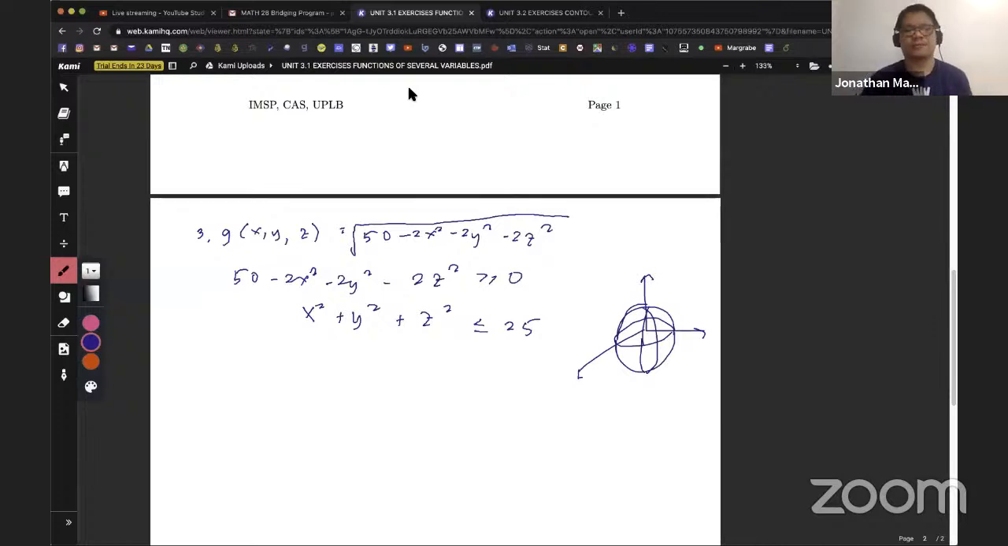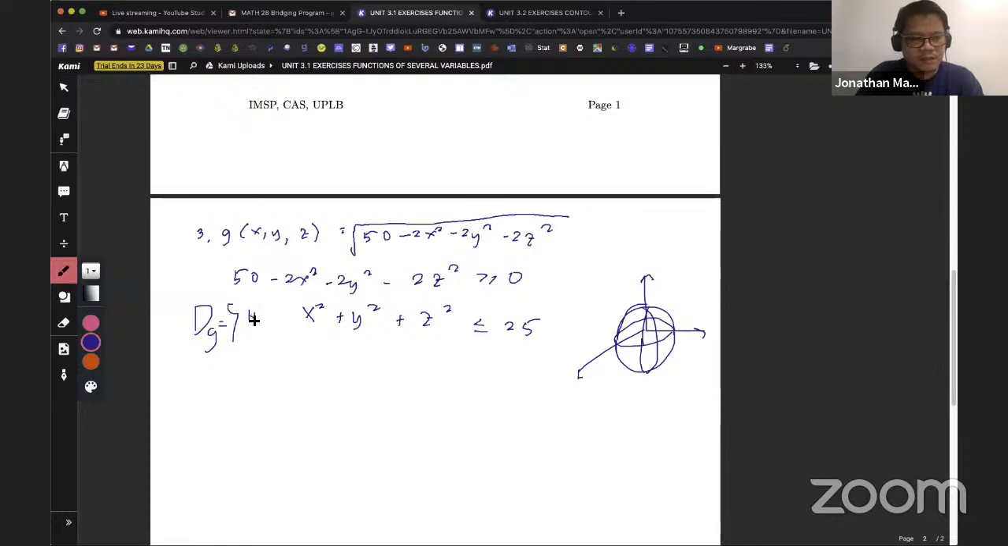Region 1, or the region inside the sphere, is actually the domain of the function in 3D space. It includes all the points inside the sphere, including the points on the sphere. How do we write the domain using our set notation? So the domain of the function